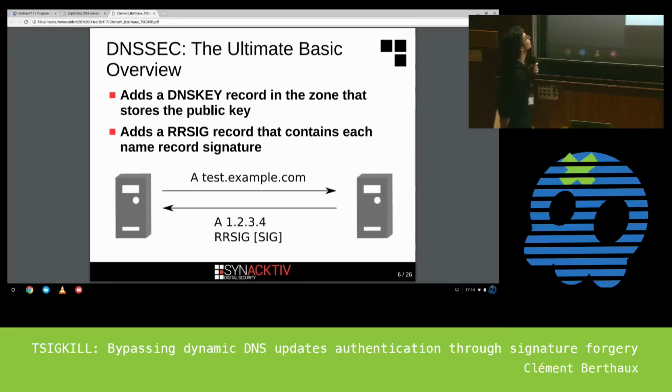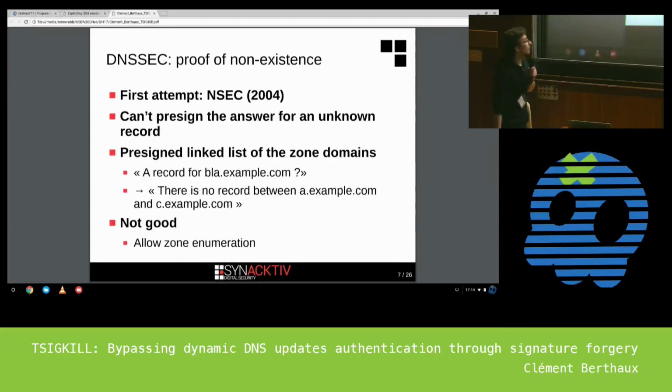So the ultimate basic overview of DNSSEC. Basically, you add a DNSKEY record in the zone, the zone which your DNS server will serve. And this DNSKEY record will just store the public key, which will then be used to sign the zone. So when you request, for example, test.example.com, you will have the record you requested, as well as an RRSIG record, which contains the signature for this record. So then we have a problem,